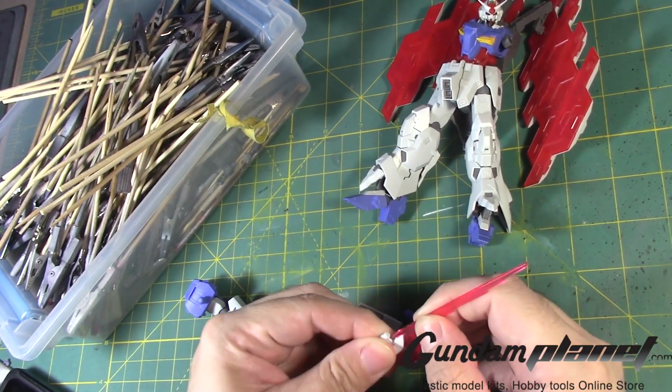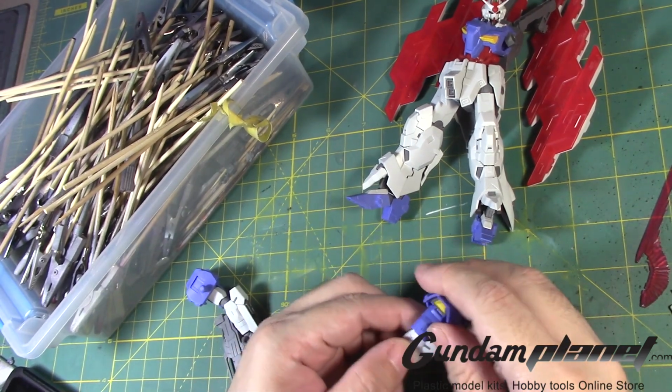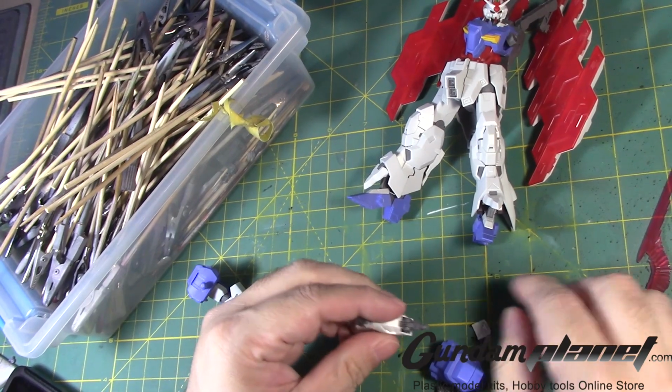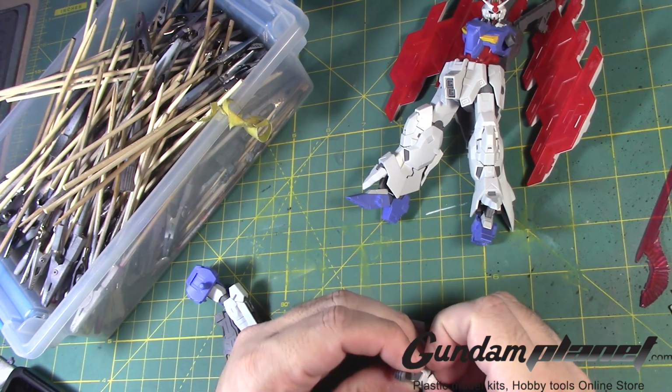I know that lately I have not been building a lot of Gundam kits, but hopefully I'm going to get back in stride with a couple of other kits that I have in the wings. Some smaller items, smaller kits, and my project with the